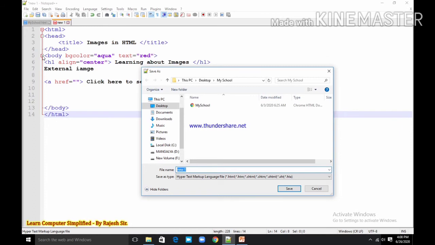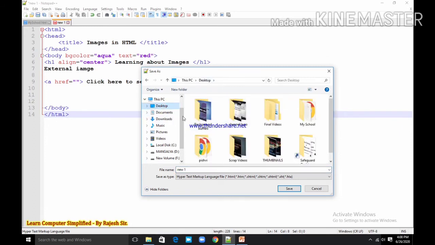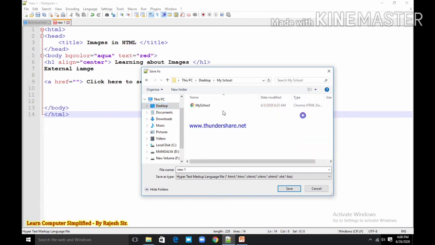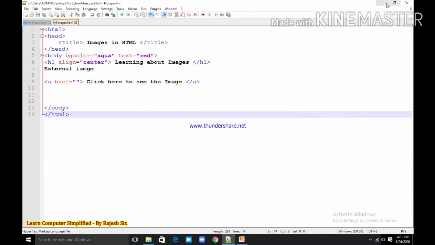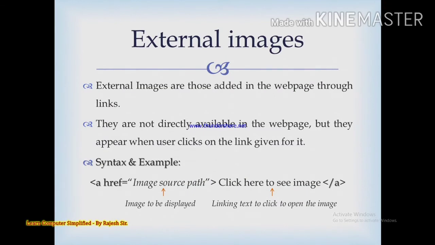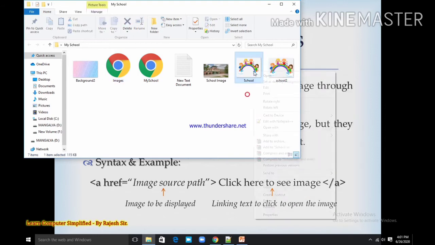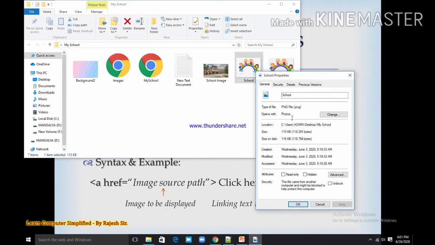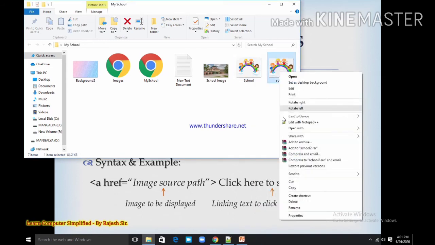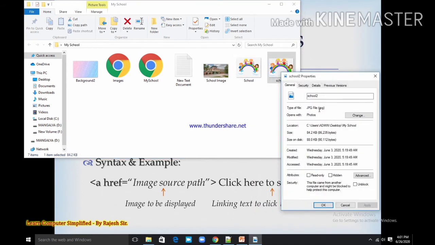Now where to save? I am saving this file in my folder, that is my school, and here I am giving images.html, save. Now you can see my school folder. This, let us see its property, it is png file. I am adding, this is jpg file.